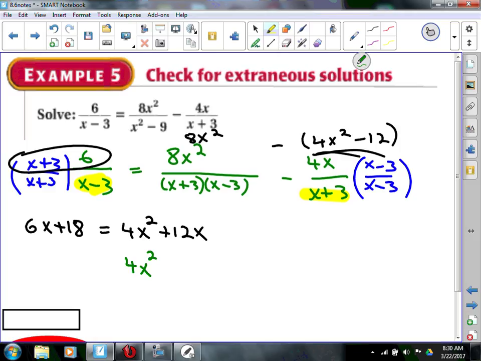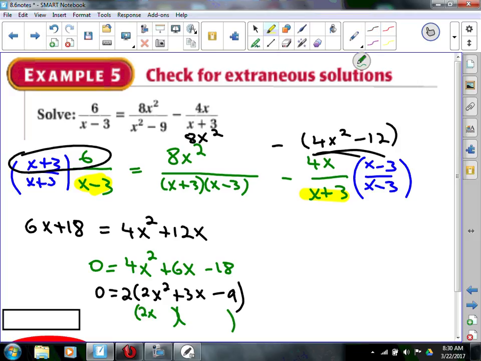4x squared, and then what? Plus 6x minus 18, and that equals 0. So can I factor a 2 out of that? I can't factor a 2x. I can't factor a 2, though. So that's 2x squared plus 3x minus 9. I wonder if that's going to factor: 2x, x, 3, 3,